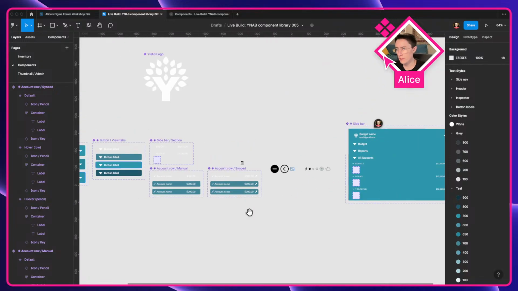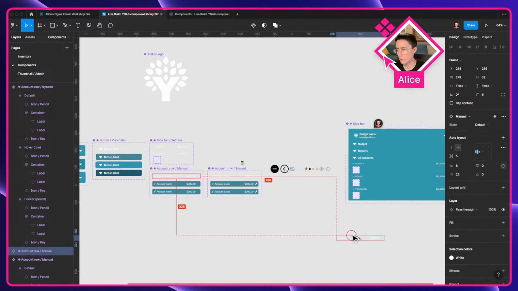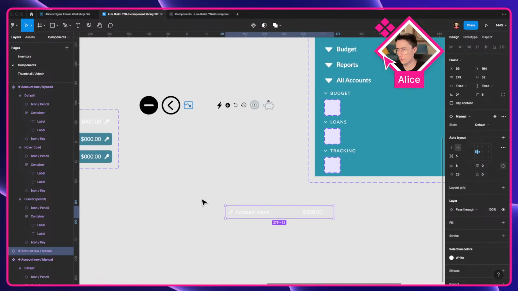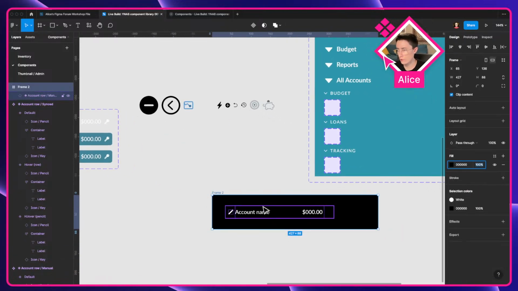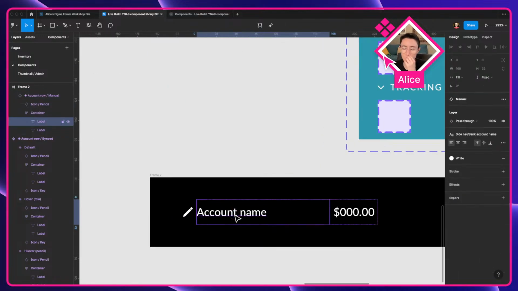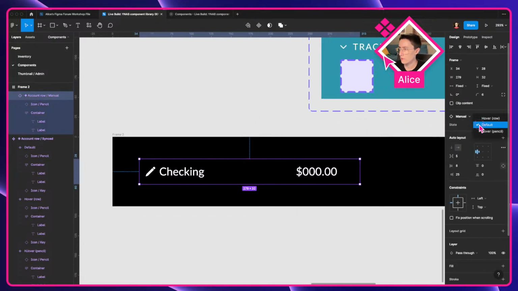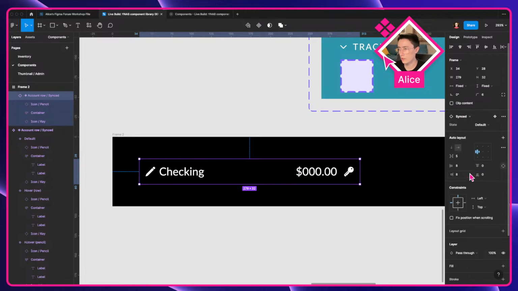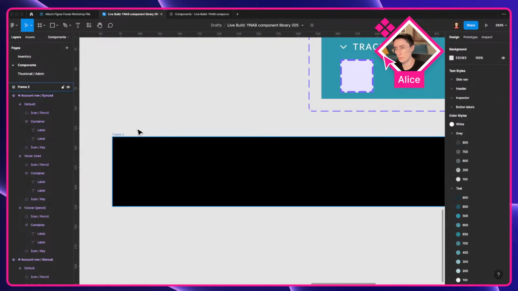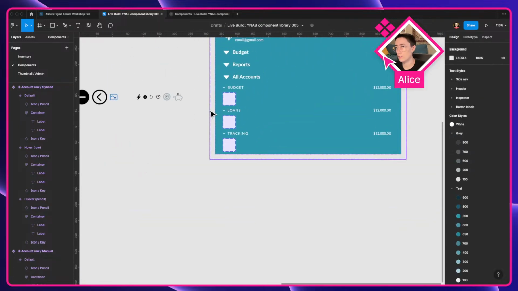Cool. I think we got what we need. And just to take them for a test ride, let's put this in a black frame. I just want to make sure that the overrides are good, especially for switching between the accounts. So we'll change this back to say checking. Let's maybe change it to our hover pencil state. And then if we swap between manual and synced, great, that works beautifully. We can build now,